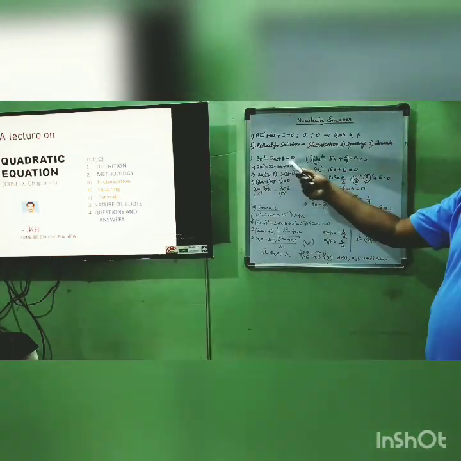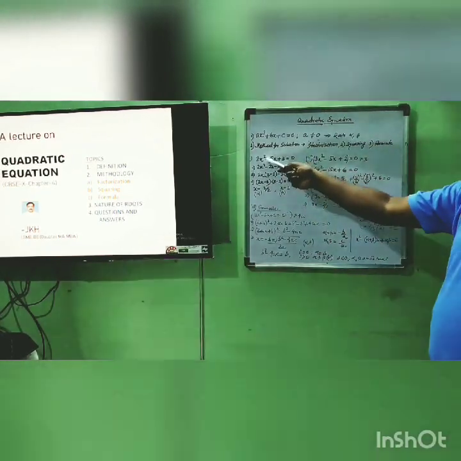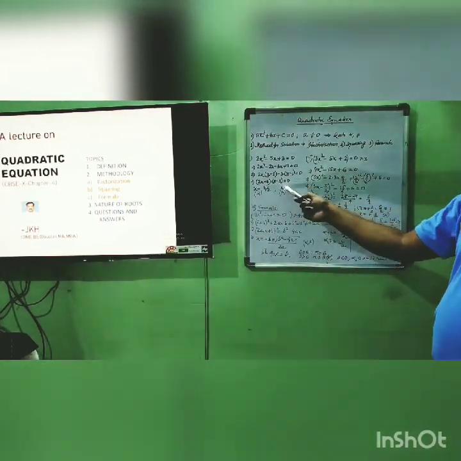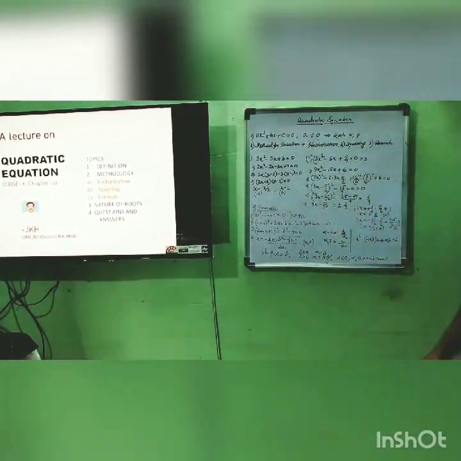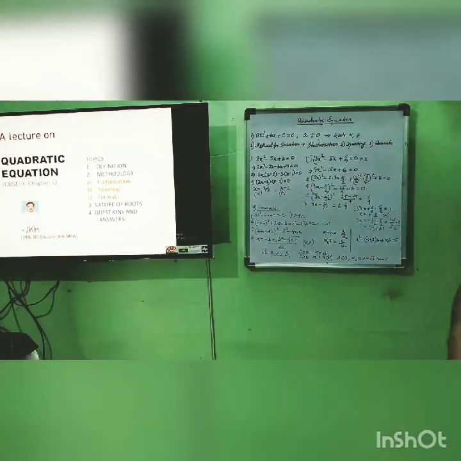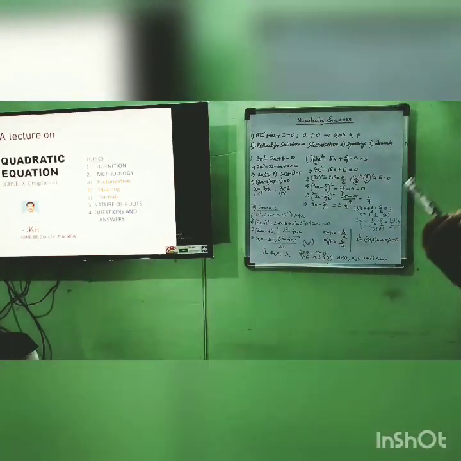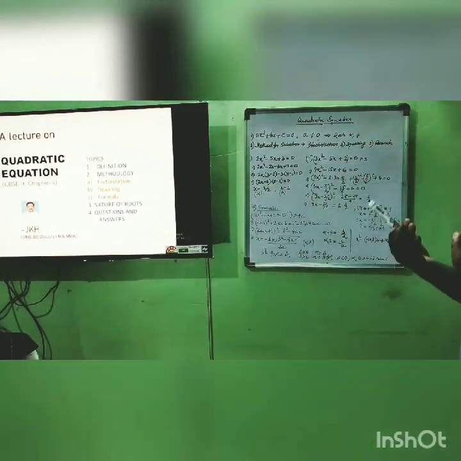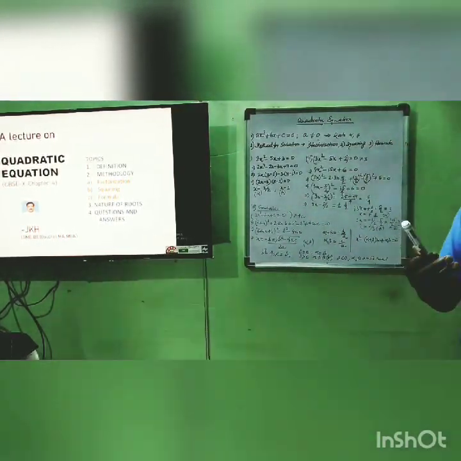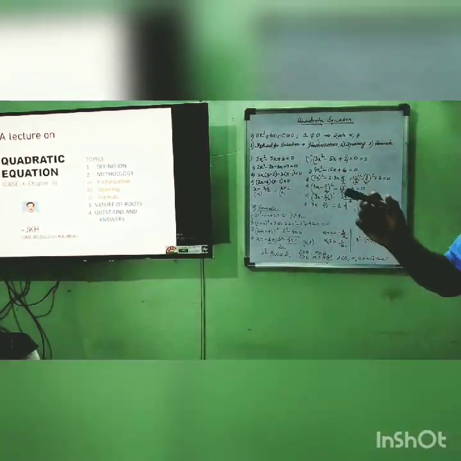So for example, this is the equation 2x square minus 5x plus 3. If you split this middle term, you will get these two factors, 2x minus 3 and x minus 1. So two values of x will be 3 by 2 and 1. One will be alpha and another will be beta. Similarly, by squaring method, you can find out the alpha and beta also. For squaring method, you should know how to make the square. We know the formula of a plus b whole square and a minus b whole square, that is a square plus 2ab plus b square, and a square minus 2ab plus b square. In that form, you have to split the equation.